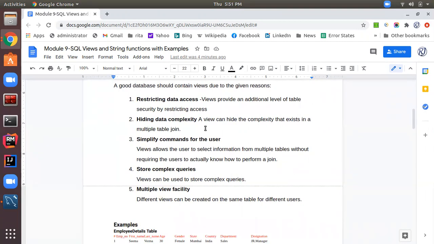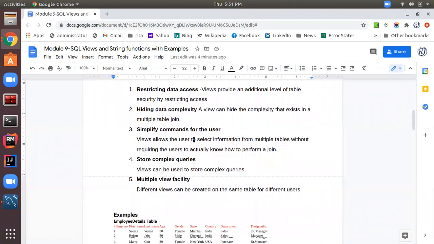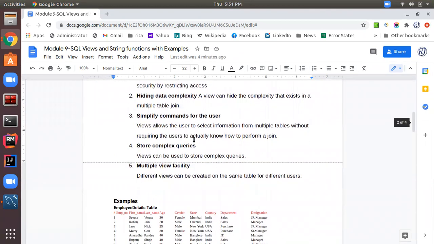So here we need to use a join to get data from multiple tables. If we provide a join query to the user, it will be quite complex for him to use. So in order to hide the complexity, we can make a view out of that join query, and we can give that view to the user, and simplify commands for the user.